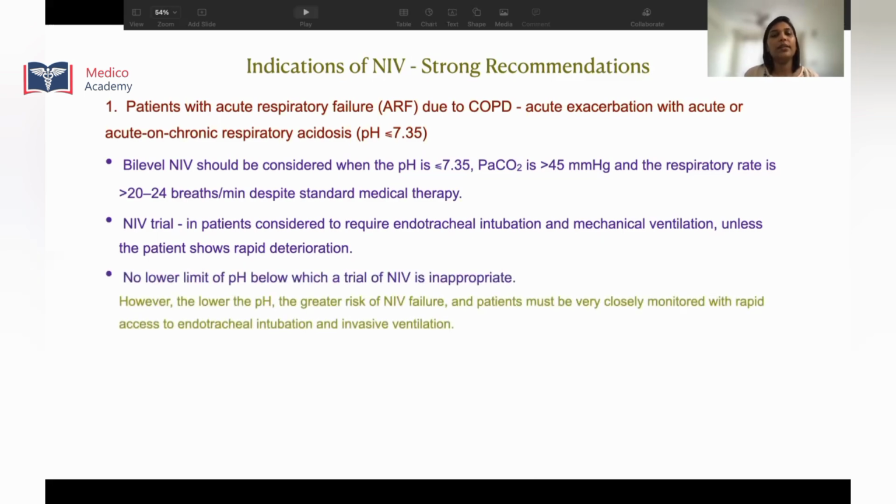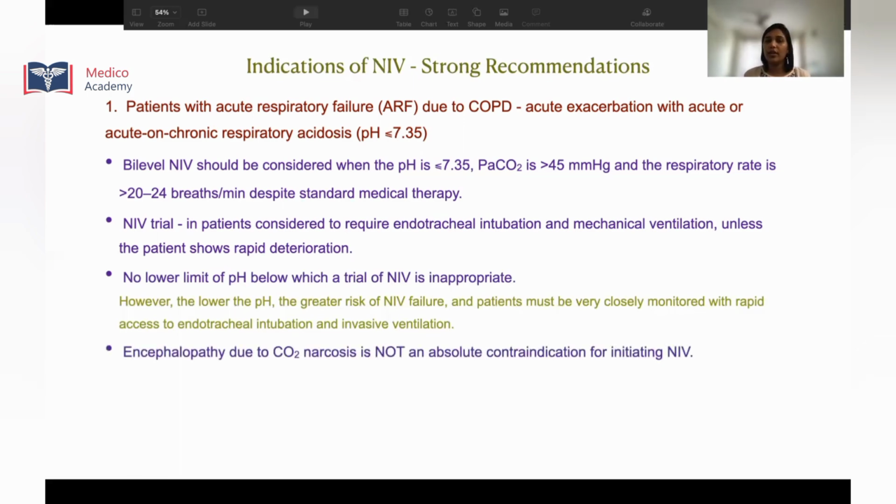There is no lower limit of pH. The recommendations say you use it when pH drops to less than 7.35, but they do not say that there is a lower limit below which you should feel that NIV is inappropriate. However, the lower the pH, the higher the chance of NIV failure. So such patients should be closely monitored on NIV, and they should have rapid access to endotracheal intubation and invasive ventilation. As we discussed earlier, an encephalopathy which is due to only carbon dioxide narcosis is not a contraindication